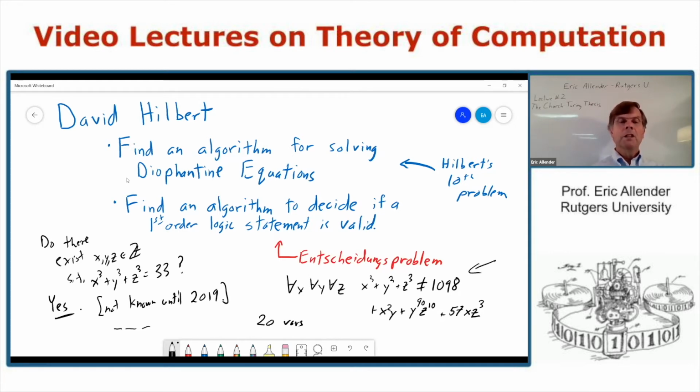Just in parallel, you start trying all short tuples of variables and also the short proofs, seeing if you find a short proof of the fact that there is not a solution. And if you don't have any luck, then you start looking at longer proofs and longer solutions. And if everything that were true were provable, then since there either is a solution or there's not, you'd either find a solution or you'd find a proof that there's not, and that would give you an algorithm.